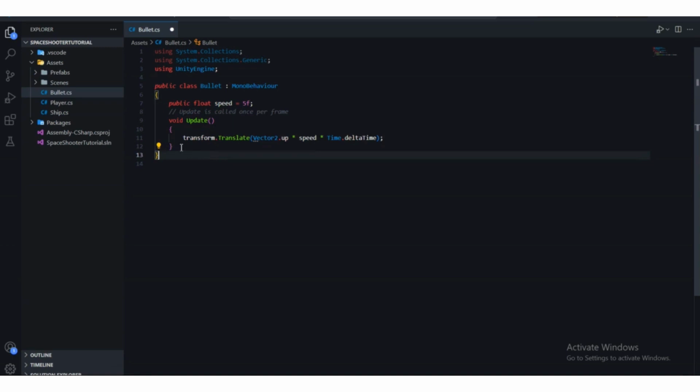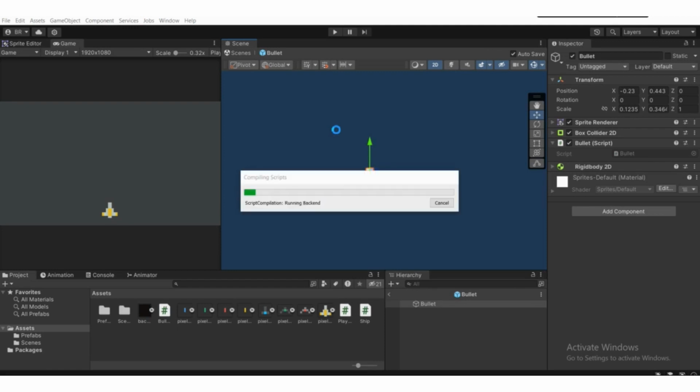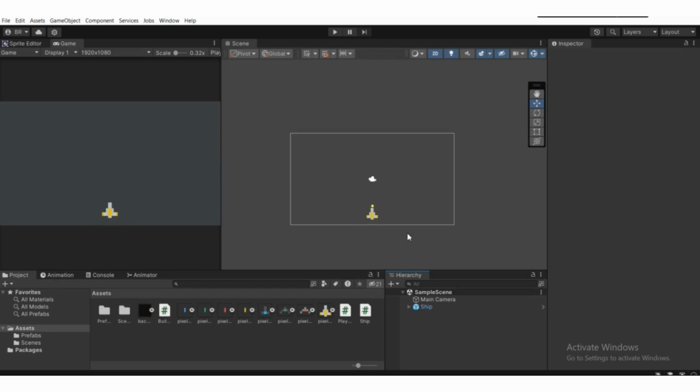So press Control S on your keyboard to save this and head back to Unity. You will be able to see that. Just wait for it to compile. It will take some time. Now if I play the game,